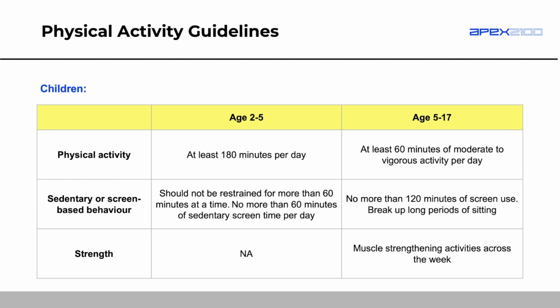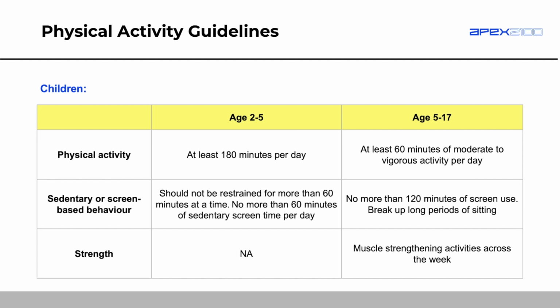Now, what we're going to see for this sedentary and screen-based behavior guideline is that it's actually very hard to meet. There's not many people who meet this guideline. Remember, it is just a guideline, and if you don't meet them, that's fine. It's just something for you to work towards. In terms of the sedentary guideline, it's almost impossible to meet, especially for kids who are at school, or if you have a desk job. For strength, there's no recommendation; NA means not applicable. So not applicable for strength for kids aged 2 to 5.